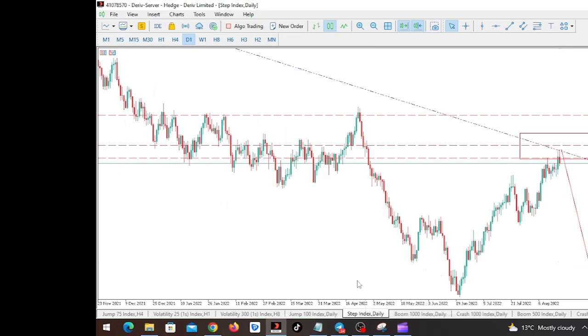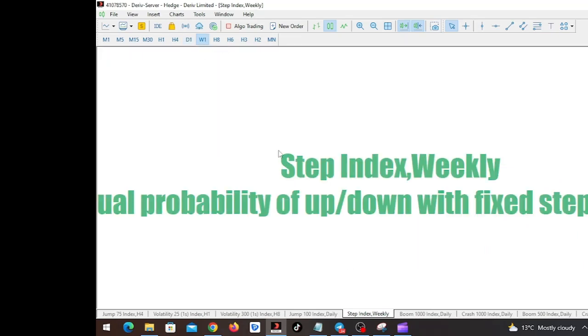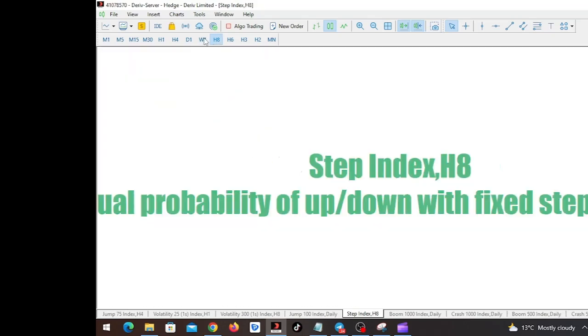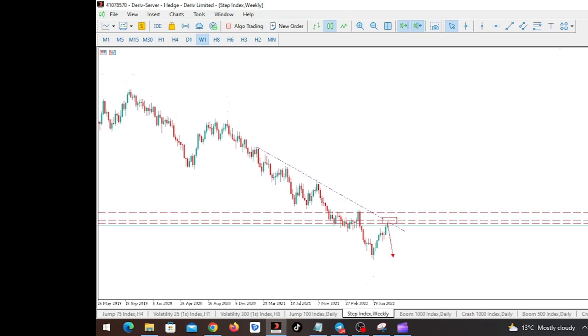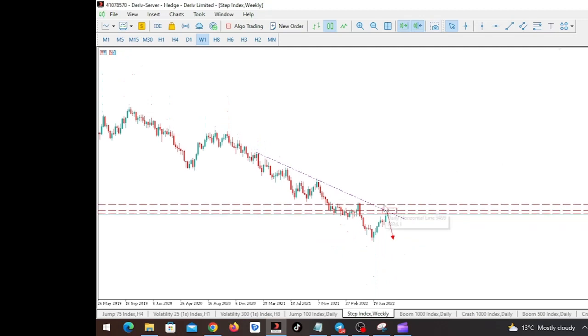On to the next, step index. Step index is very interesting because we have been on a further market pullback. For the last several weeks, we've been pulling back. But as you can see, the bias for step index still is on a sell, and we are sitting on a very sensitive area because this is a weekly chart. And if that is the weekly chart, if I was to do something like this,